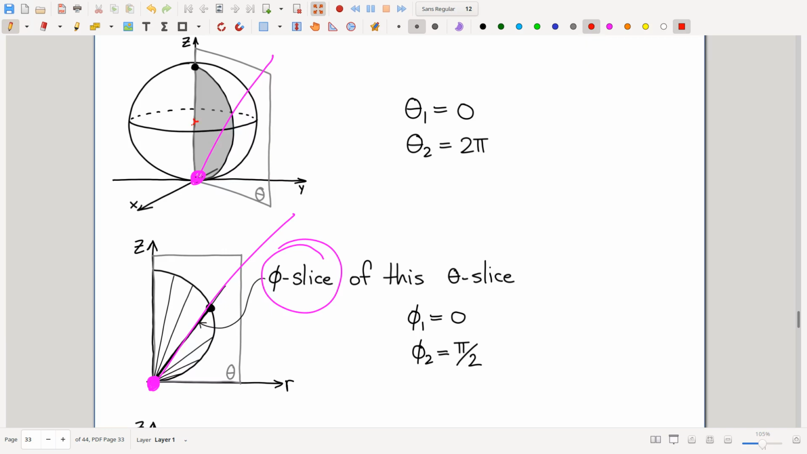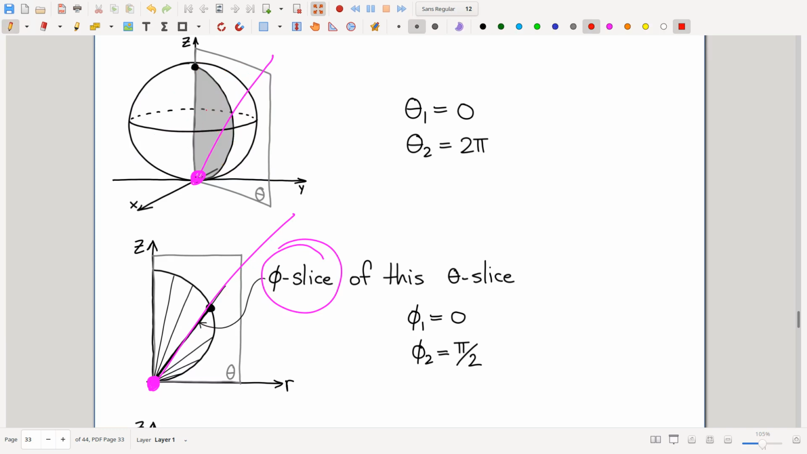So students end up thinking sometimes that phi slices look like this. And they don't. That's just wrong. Phi is not measured out of the center of whatever you happen to be looking at. It's measured out of the origin. Right? So keeping that in mind,